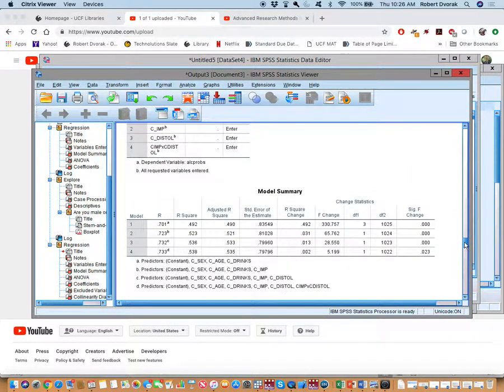All right, so looks like it worked though, right here. We see that the initial R squared is 0.492. That was accounting for drinking, age, and sex, right? We see an increase of R squared of 0.031 when we added impulsivity, and that's a significant increase. We next added distress tolerance, an increase of variance accounted for of 0.013. It's not very much, but again, a statistically significant increase. And then finally, we see an increase in variance accounted for of 0.02. Again, not much, but it's a statistically significant increase.